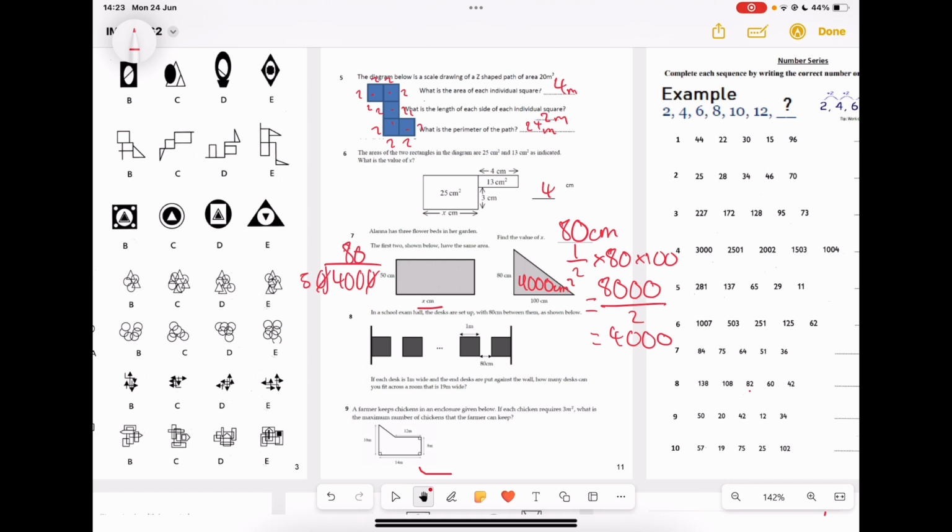So the 1 meter means that, okay, so what we have to do is find the total length. So 1 meter plus 80 centimeters gives us 1.8 meters. We know that we have a length of 19. So what we can do is first 19 divided by 1.8. So 19 divided by 1.8, well,